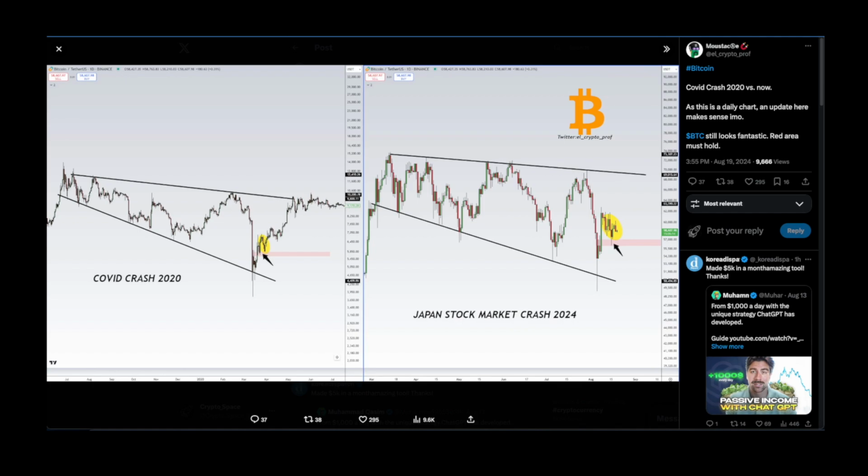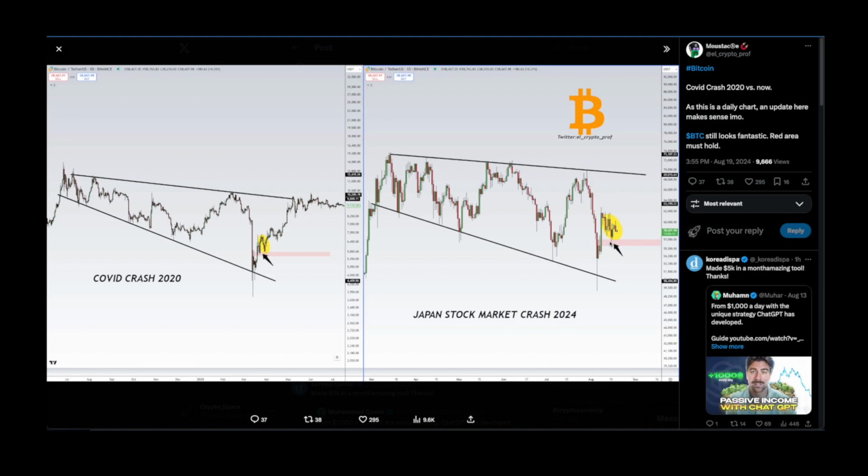So these are two fractals, all right? The first one is from C19. If we compare these two fractals, we had the C19 crash, right? And after that we had a grind towards the upside. So basically the recovery after that, as you guys can see, let me just shake it a little bit. We've got the recovery after that C19 crash, and after that we had a little bit of pullback, and then we had a grind towards the upside, right?